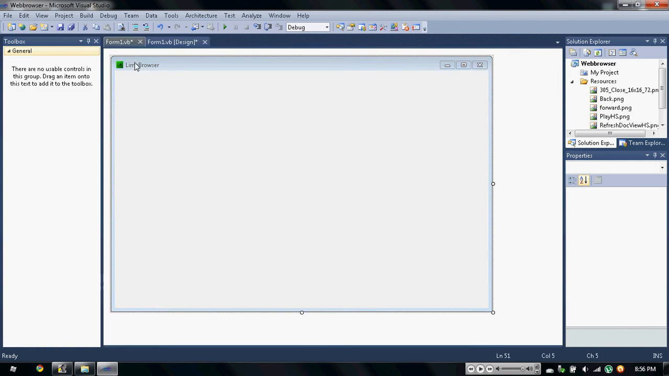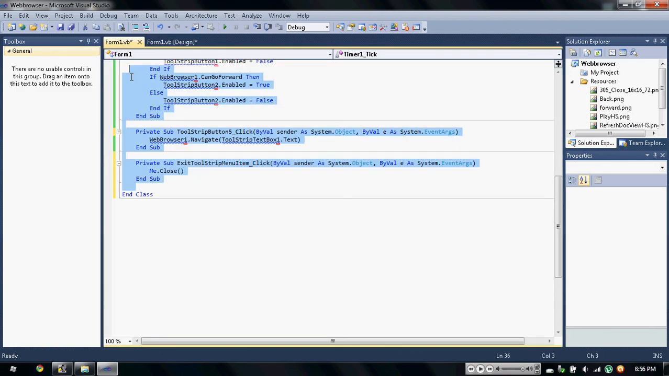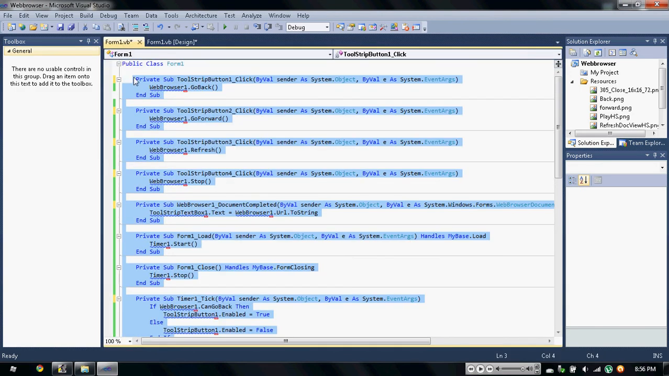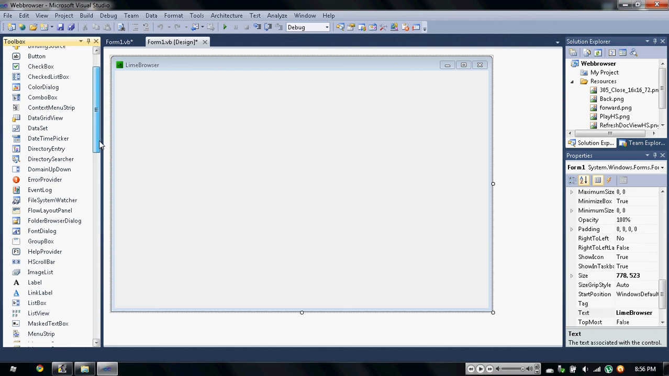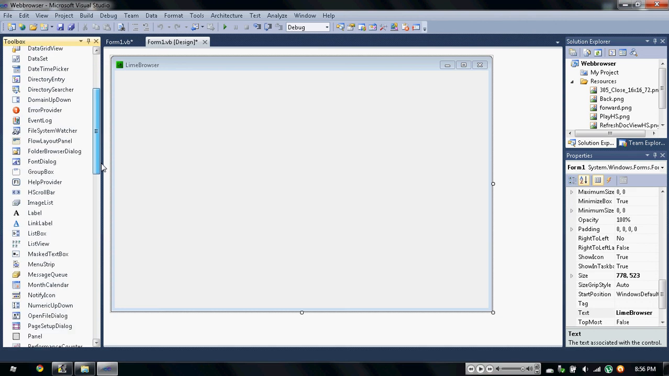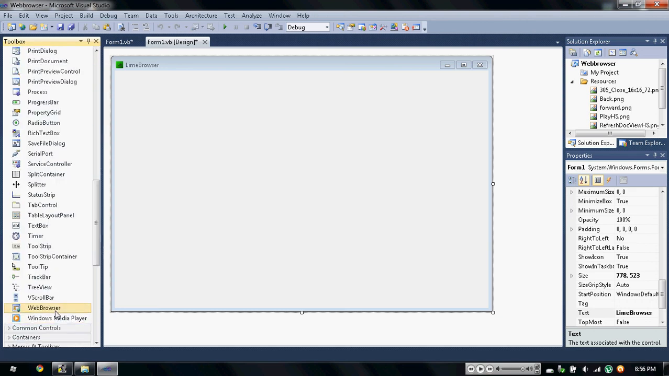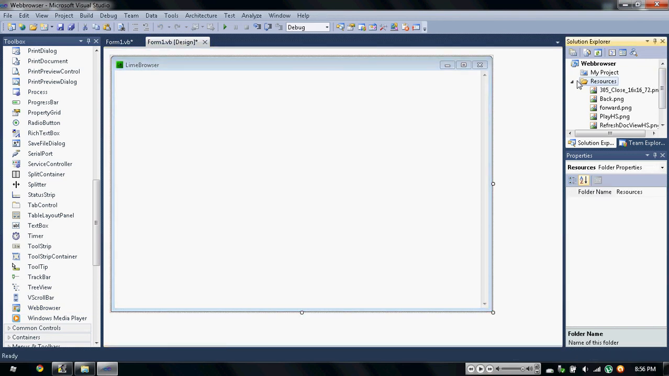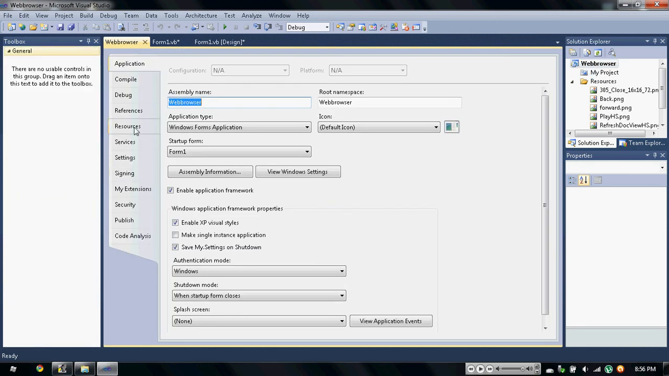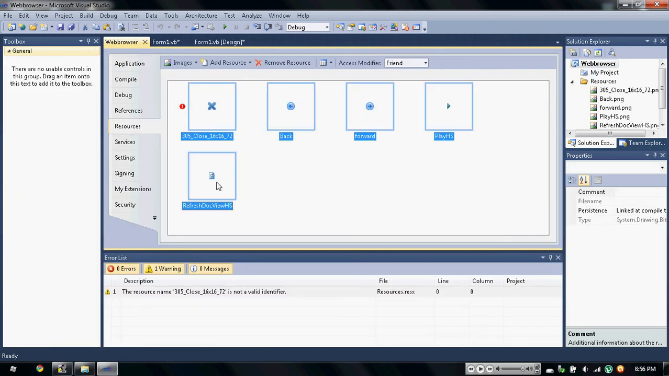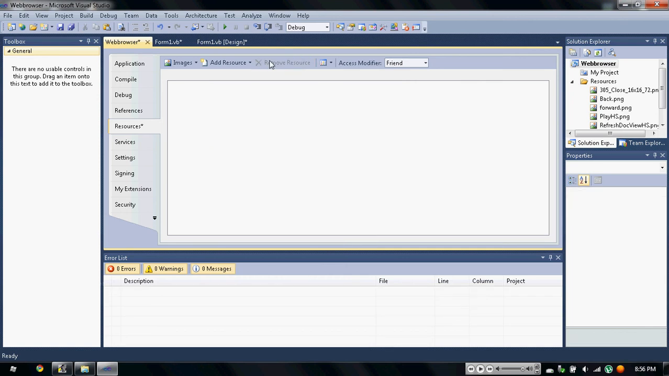Just before I go, I'm going to delete all this and view the code. Delete all the code. And I'm just going to show you how to use resources. It's just going to be quick before I leave. I'm going to add a web browser in the form, and then go to my project, and on the side click resources. I'm going to delete all the resources in there now and add